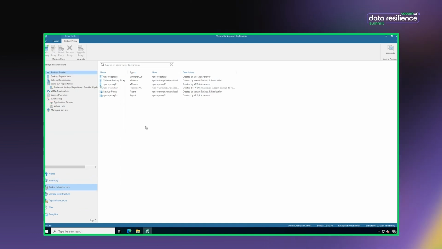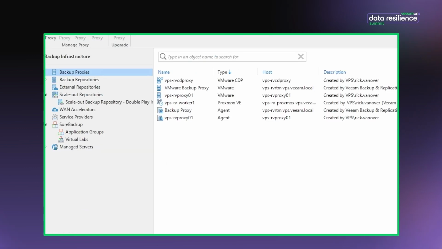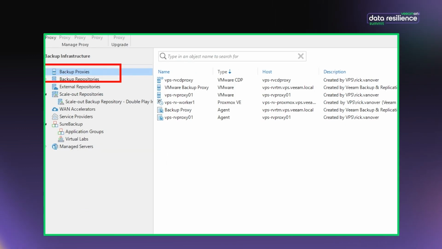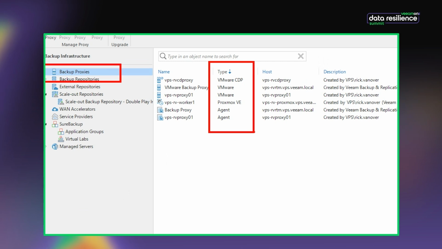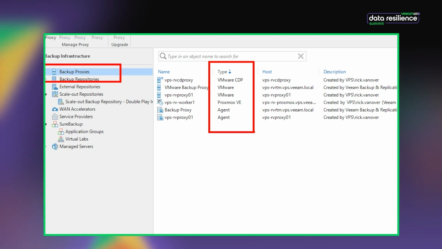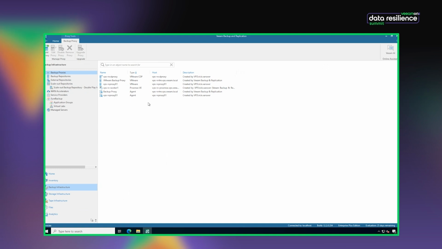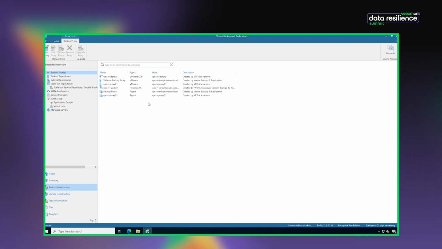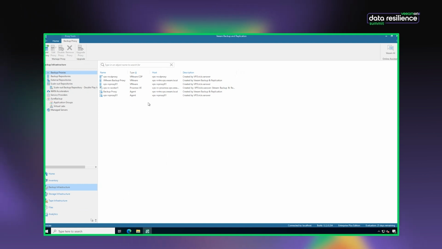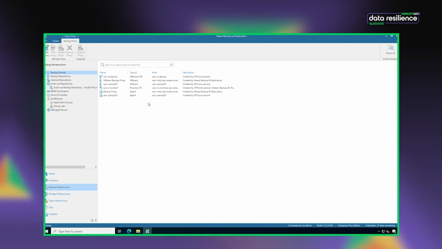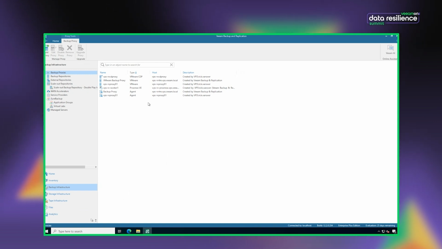So if I go into the backup infrastructure, backup proxies, that's where the Veeam backups are done. And you'll see that nowadays we have quite a few. I have a CDP proxy, I have a VMware proxy, I have agent proxies, and I have a Proxmox VE worker. Now, it is a slightly different name because it actually interacts a little bit more directly on the host. And that's why it's got this slightly different name, worker. And if you look at what we do in the cloud with the AWS backup products, the name doesn't matter too much, but just understand it is that data mover compute node that works directly on behalf of the console, the Veeam Backup and Replication server, to do the work.